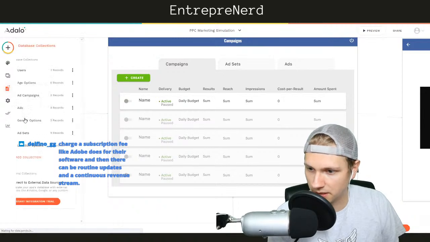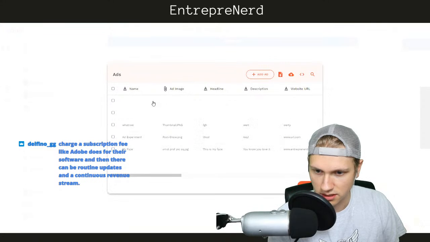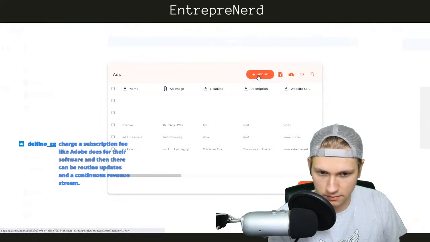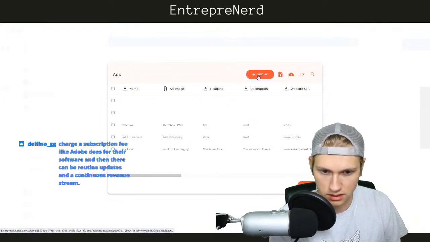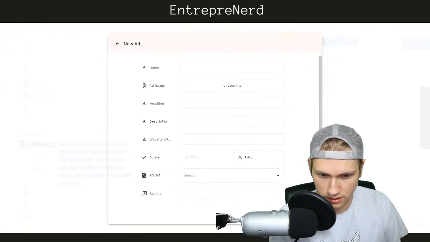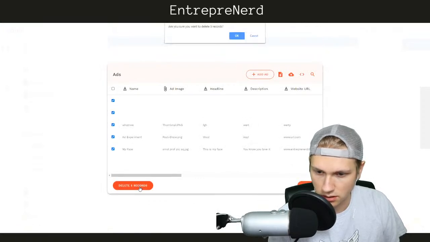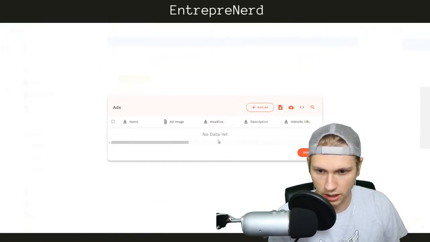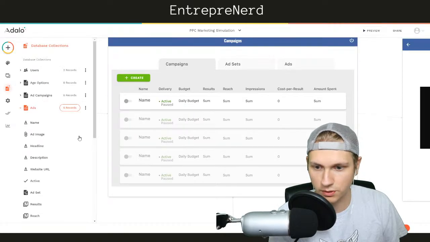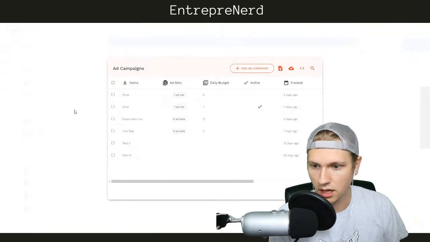So, let me populate some stuff in ads. View, edit records. Yes. Okay, very interesting. I think I just need to go and delete 5 records. Let's start from scratch with no data on my ads, on my ad campaigns, and everything else.